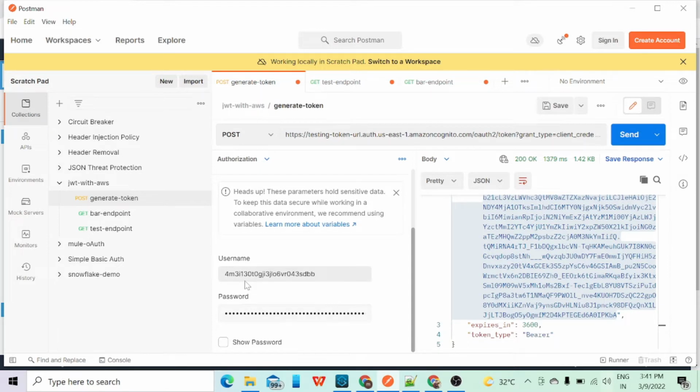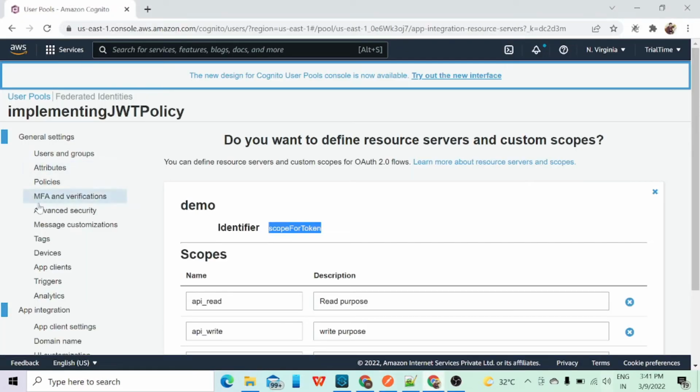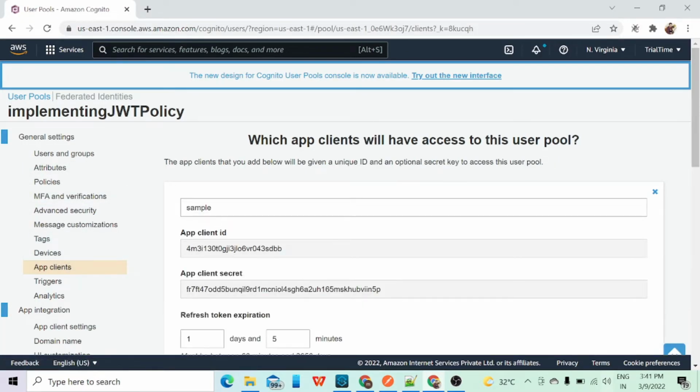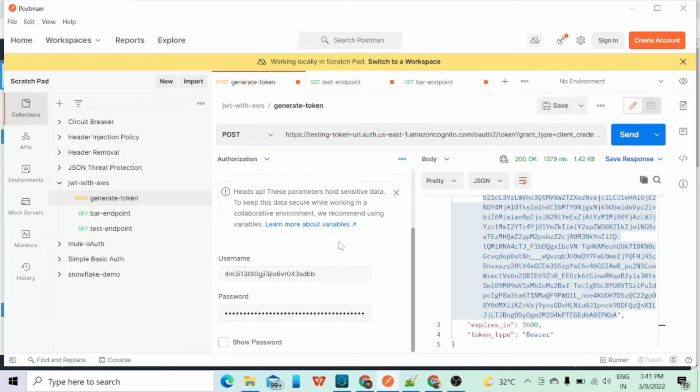So here we'll pass the client ID and client secret of the app that we have created. So if you go to this app client, here you have this app client ID and client secret. So I have copied this part and pasted it over here. Once I do this part, if I click on this send,